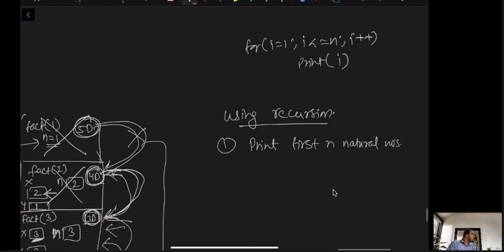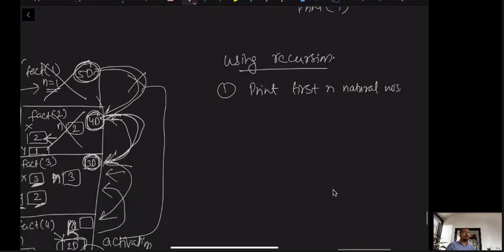So this is also printing first n natural numbers, but this is not what I want you to do, because here no recursion is used. What I want you to do is use recursion. Okay, each and every program I am writing here is to be done by using recursion only. Print first n natural numbers,